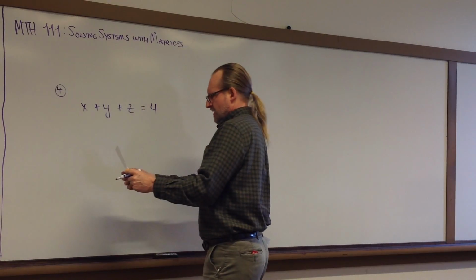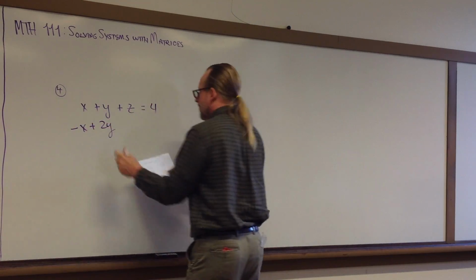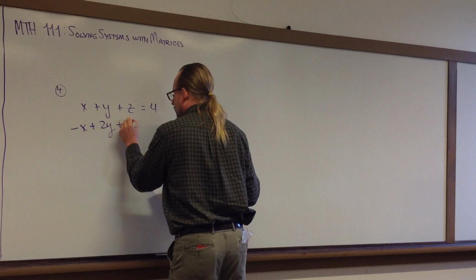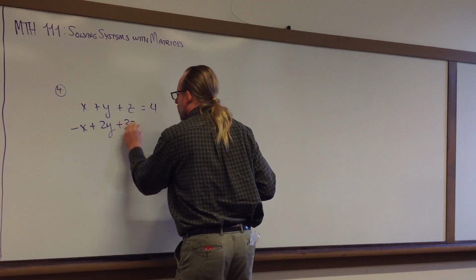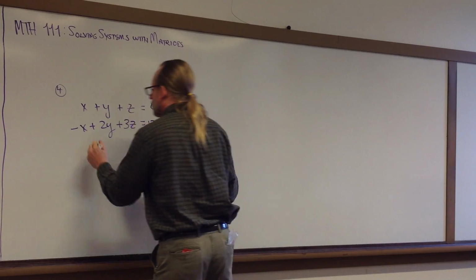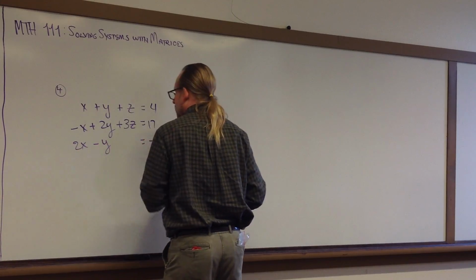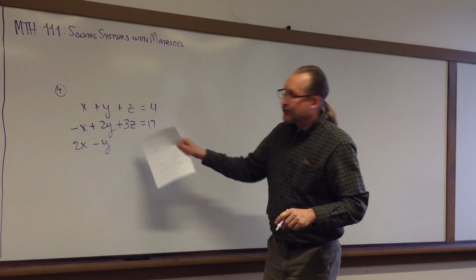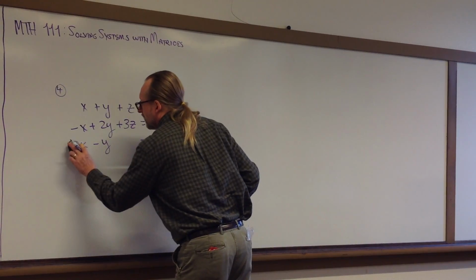All right, -x plus 2y plus 3z, there we go, equals 17. And 2x minus y equals -7. There's no z in that third equation, so we'll put a 0 in there for z